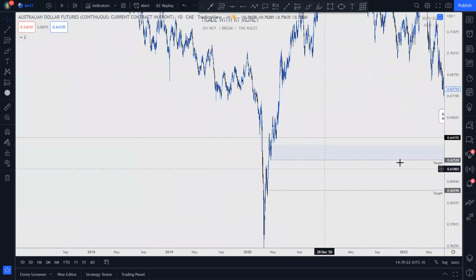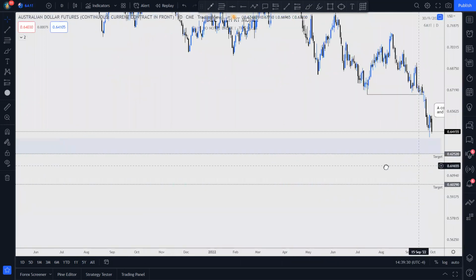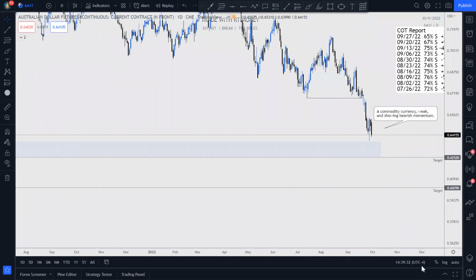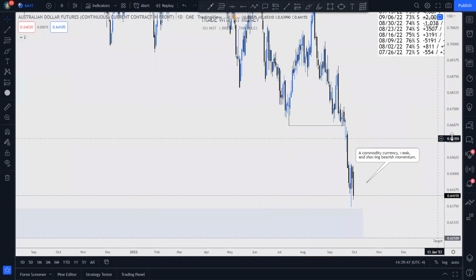If we come over here, we can see how nice it looks. It's all pretty and everything, whatever. I don't think it's going to last. I think we're going to eat right through it and hit the target at 0.62520. All right, so this is the one you want to put against the top three. You want to pair them up against those currencies. All right, and we're just going to move on to the next one. This one's just like the New Zealand dollar. We're just going to be looking at it and know that there is momentum to the downside.